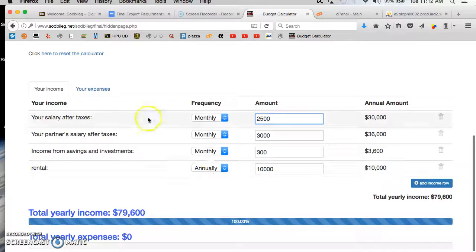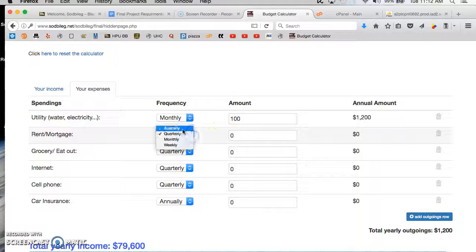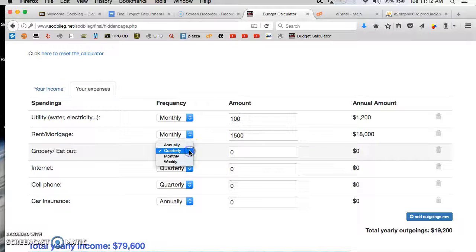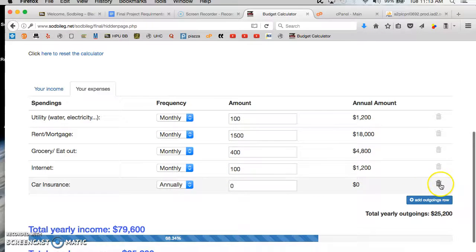Okay, and then you go to your expenses part. These are some common expenses I put. Everybody probably has a utility cost, maybe $100, rent, mortgage, grocery. This is internet, cable. Then if you don't have a cell phone expense, you just delete it. Car insurance annually,